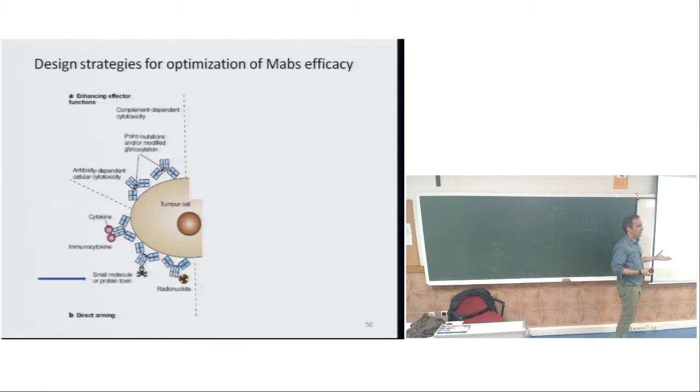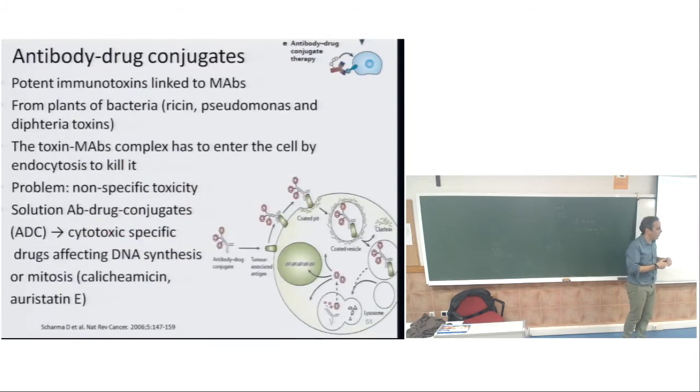Some other thing we can do is that, as I told you, we can label the cells with an antibody, because these cells might express a wrong or altered molecule. So why don't we use toxins attached to the monoclonal antibody to kill that cell more specifically? And that has been done, and you have different approaches, different kinds of toxins. Some of them are from plants or from bacteria and have to enter the cell to become active. Otherwise, they would be very harmful for the patient.